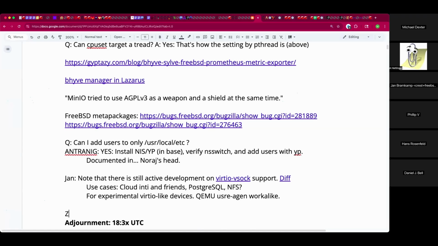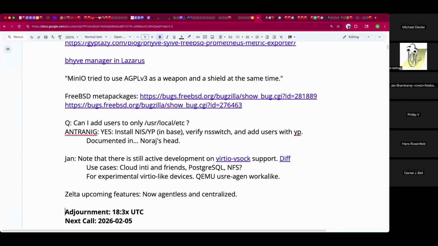I guess the big thing for this audience is it's agentless and centralized now. So it's really good for orchestrating little async cluster workflows from one place. And it's really just cleaned up. It's much more professional and, just brainlessly easy to use is what I'm hoping for.